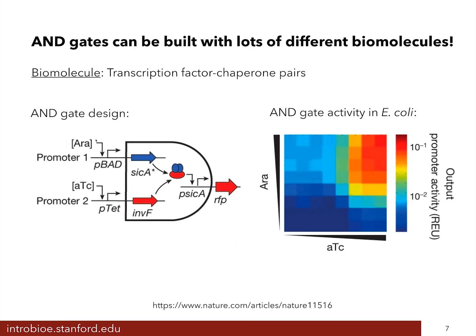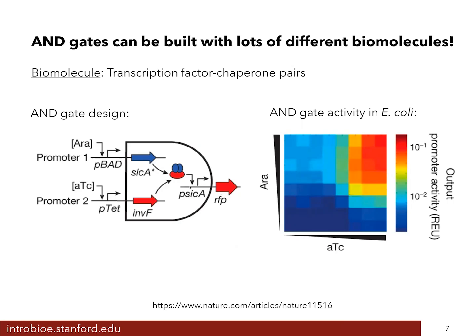And so when the arabinose promoter is activated, it turns on expression of a protein called SIC-A. SIC-A is a transcription factor that would bind a third promoter called p-SIC-A and initiate expression of the gene downstream